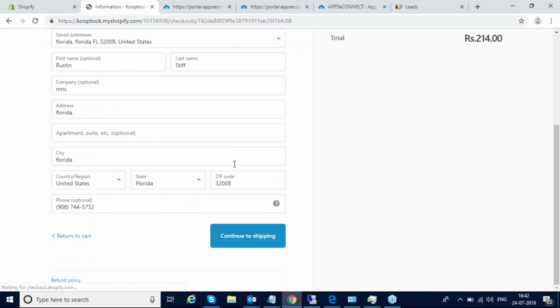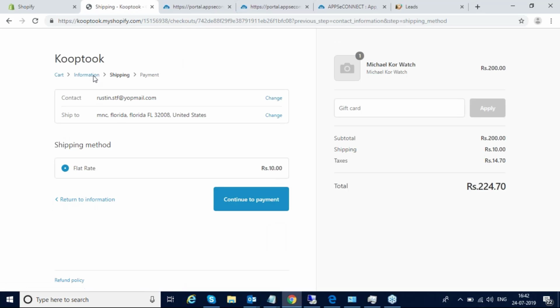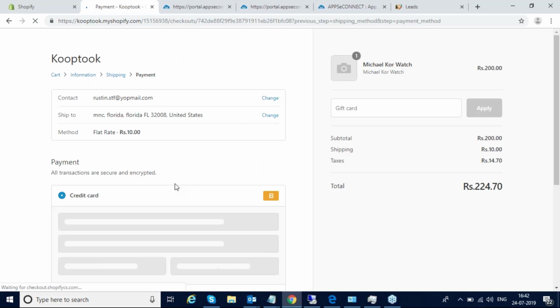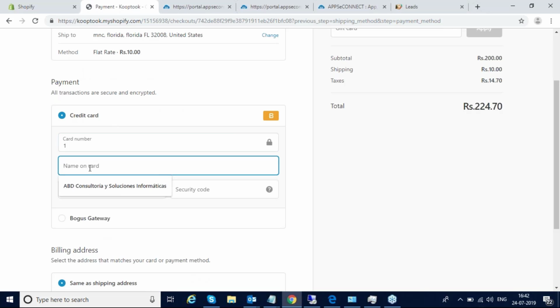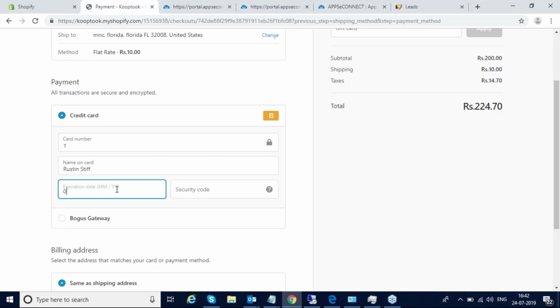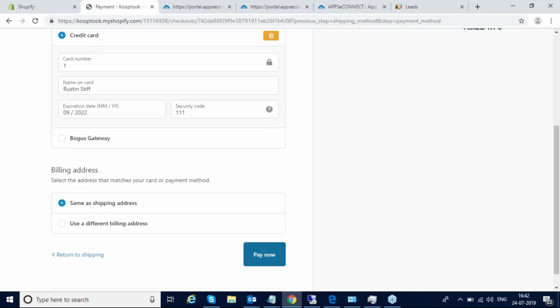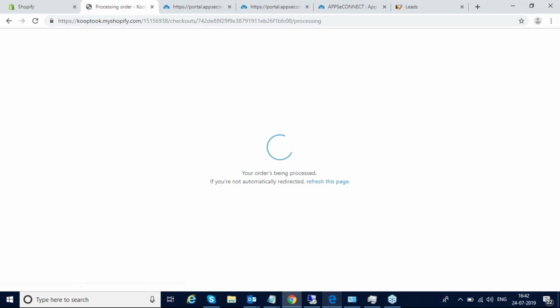Since the address details are already added, we are not going to add any other shipping option. There are the flat rate and the tax and shipping method. We can choose that, and then comes the payment method, the payment option. Here I'm going to use the dummy payment method just for this demo purpose, with all the information like the expiration date and the security code, and I'm going to place this web order from the Shopify front-end store.